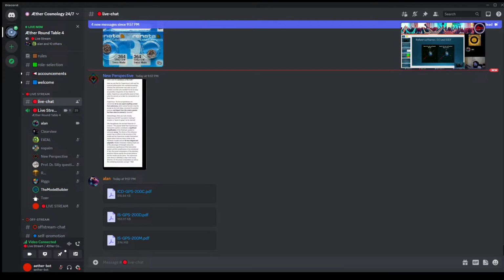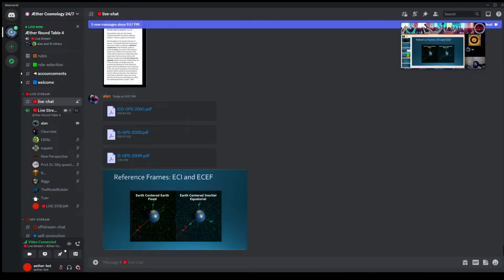Napalm, to add on to that, I put 3 PDFs in there. Those are the interface documents for GPS, like how they work and how it takes its measurements. It uses a range measurement equation, obviously in the ECI reference frame first, right? So they take a stationary, non-rotating reference frame. The important distinction with this reference frame is that it is stationary with respect to rotating stars, and then they take that distance that they derive in that first frame and they transform it to the